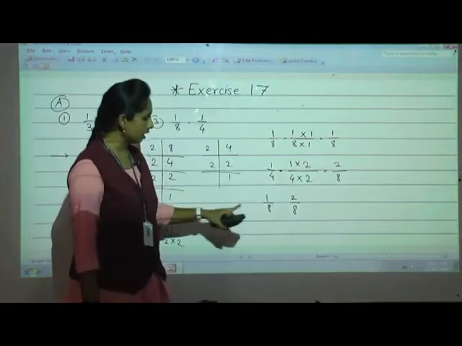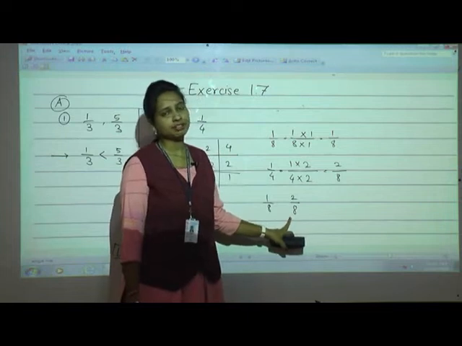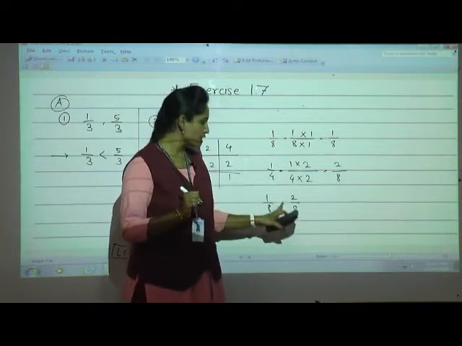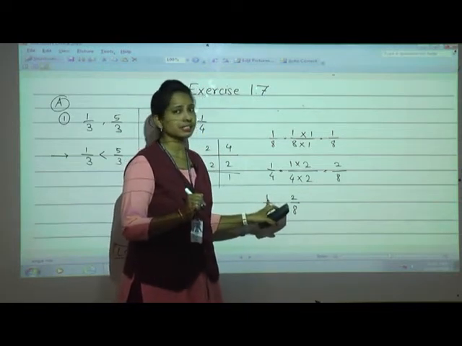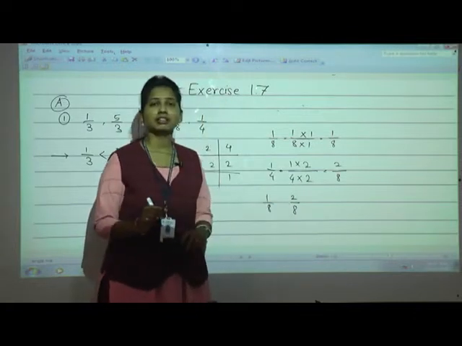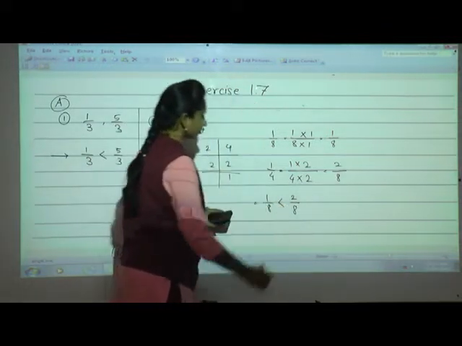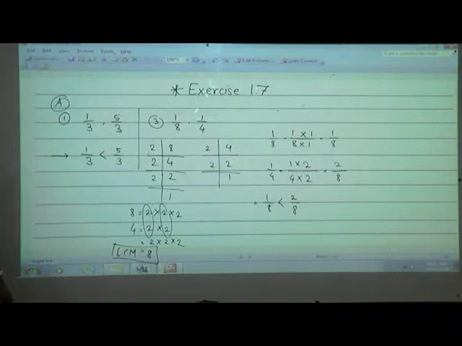Now see which is greater. Now the denominators are same, 8 and 8. When the denominators are same, they are like fractions. So how do we compare? By seeing the numerators. In the place of numerator, 1 and 2, which is greater? Of course 2 is greater, so give the arrow. Understood? Clear? Is that clear? Yes, very good. Now I'll solve the next example.